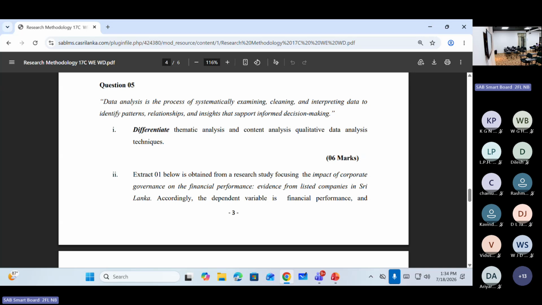As the name implies, by collecting data, what you are trying to analyze? Are there any themes? Are there any patterns in the data that you obtain? Okay, so we'll take an example like this. If the research is regarding barriers to communication, barriers to the communication of an individual,